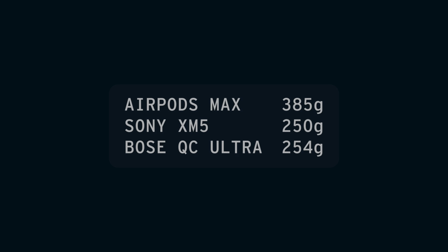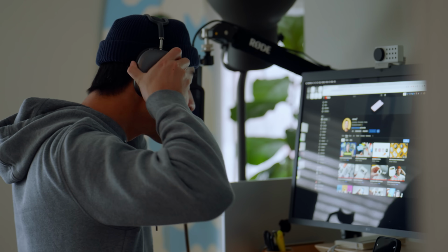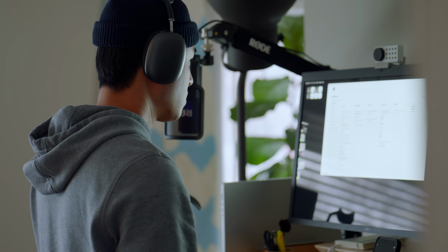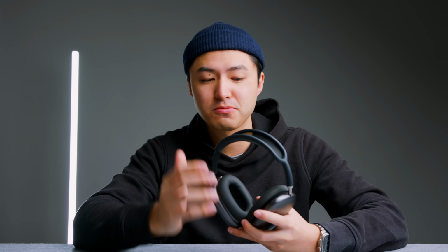So one thing that I've heard a lot of is that the Airpods Maxes are too heavy, and that is true for some people. I gave these to my friend who has a much smaller head than I do. She's just a very petite person. And when she put this on, after about 10 to 15 minutes, she started experiencing some fatigue. For me, I'm a 6-foot guy, and so these work perfectly fine. As long as you're not moving around, these are pretty well balanced on your head. For me, I can keep these on for like 8 hours a day. It's really no problem, super comfortable, and we'll talk about comfort a little bit later, but first,